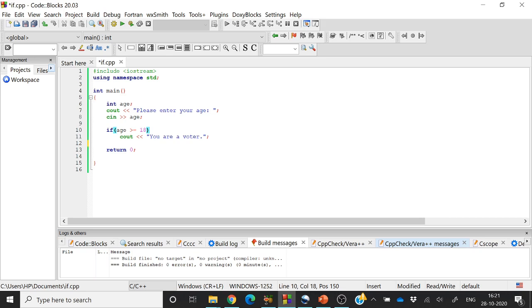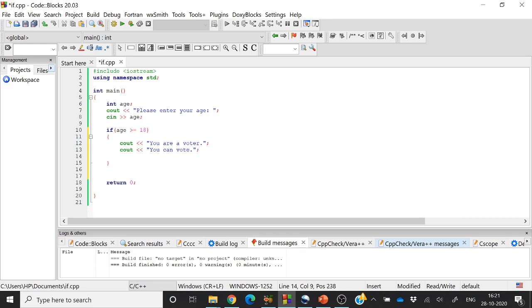For example, I want to display two lines if the condition is false: you can vote.